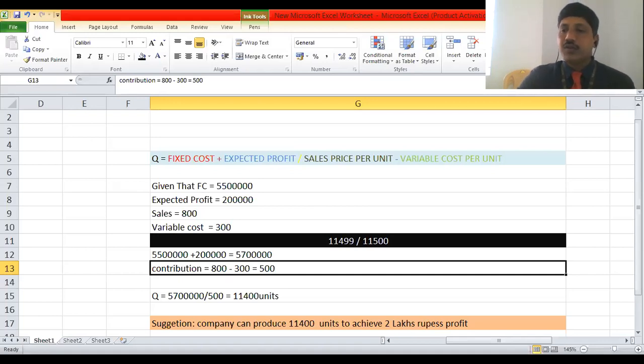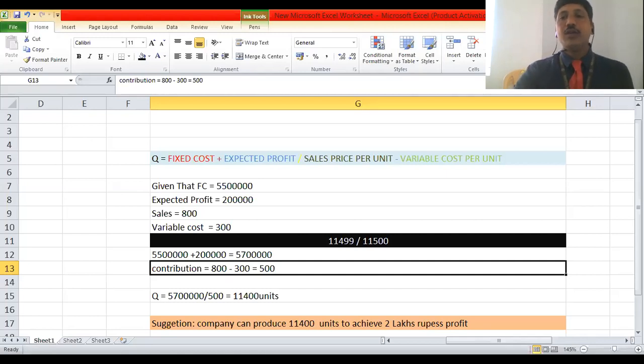I hope you have understood, Rohan. So contribution margin represents the amount of income or profit that the company made before deducting the fixed cost. Without deducting the fixed cost, whatever income or profit is earned by the company is said to be the contribution. Is that clear, Rohan? Yes, sir.